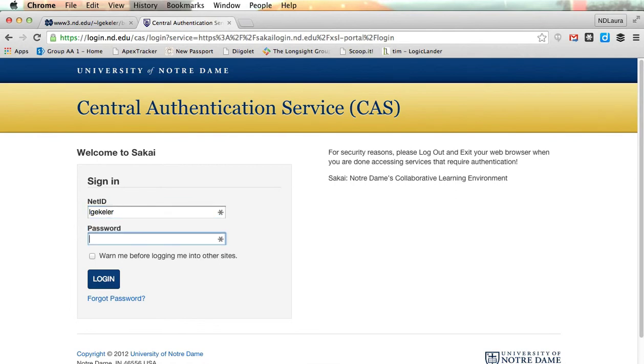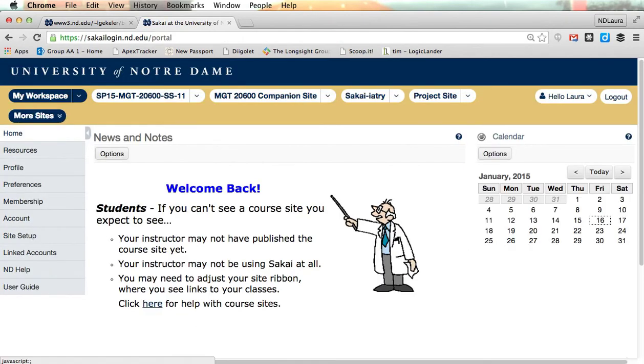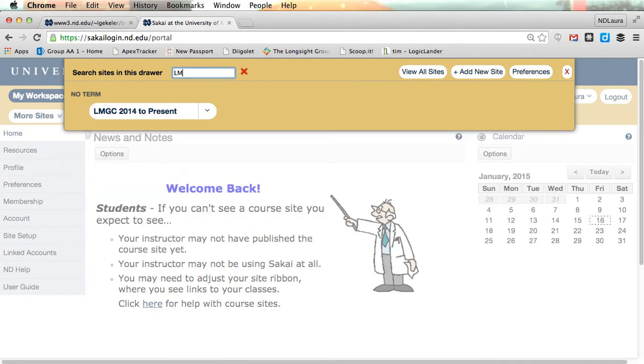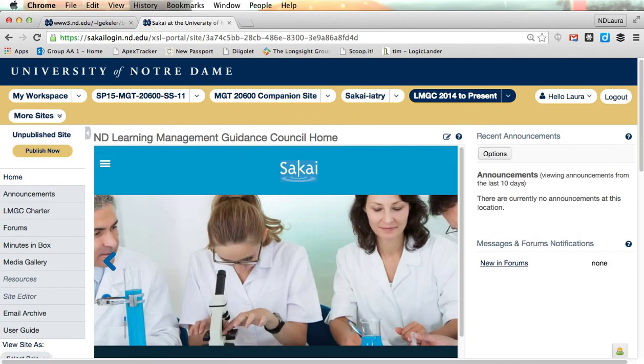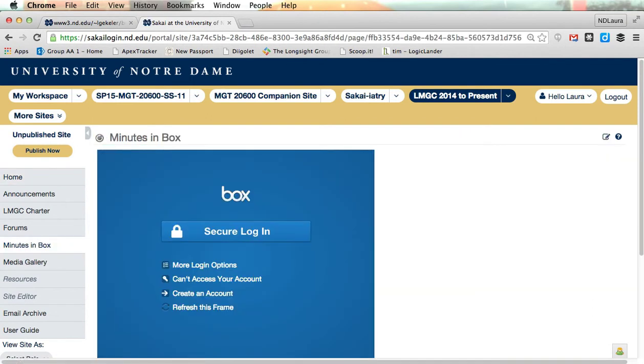So we haven't logged into Box, only Sakai. I'm logged in as myself, and I'm one of the collaborators in the group. I'm going to a course site in Sakai, and then I'm choosing my embed code here. I have a Sakai CAS token. I have not logged into Box directly, but I do have a Sakai CAS token, and